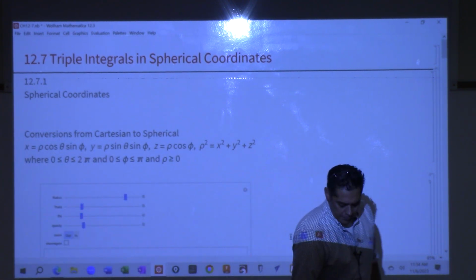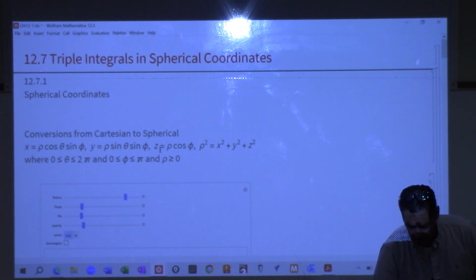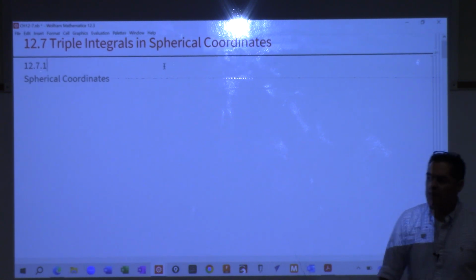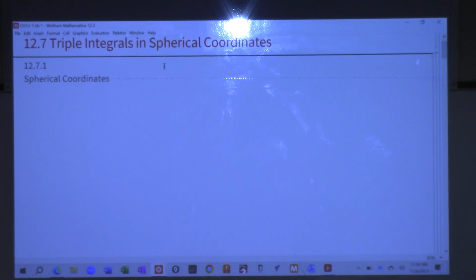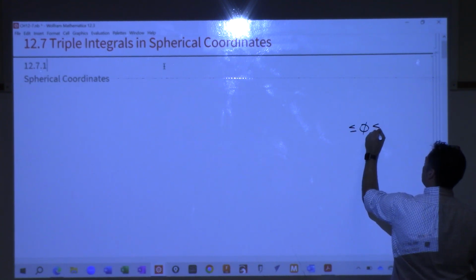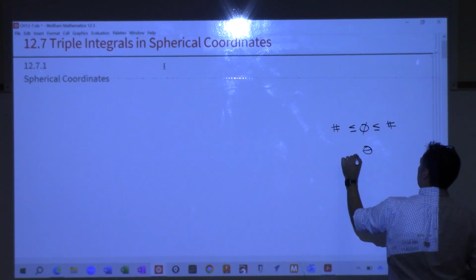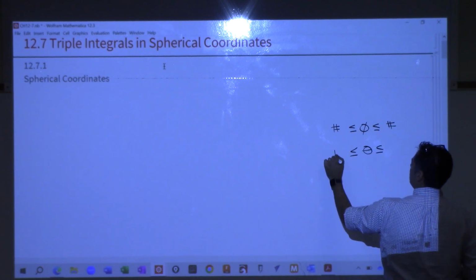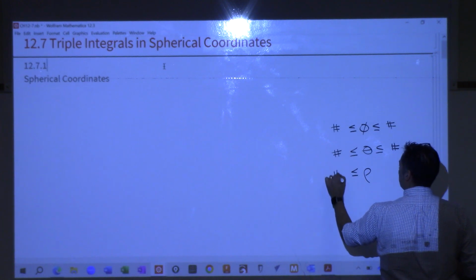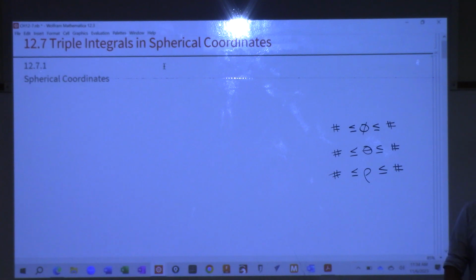Now, what does a spherical rectangle look like? So if I tell you, and here's phi. Phi is between two constants. I'm just going to put a number here. I could use alpha, beta. Theta is between two numbers, and then rho is between two numbers. Can you visualize that